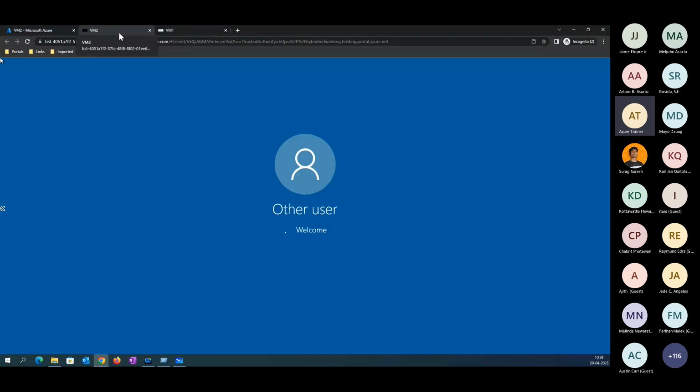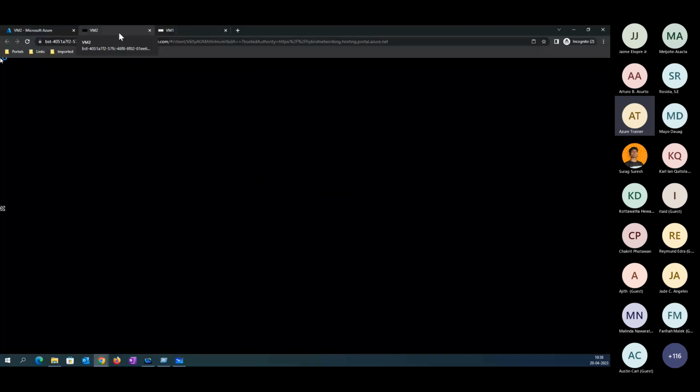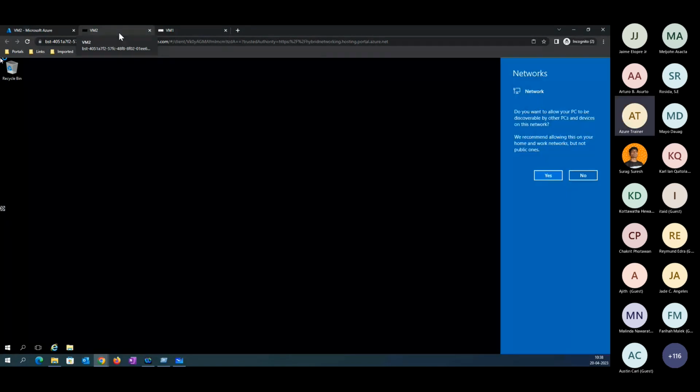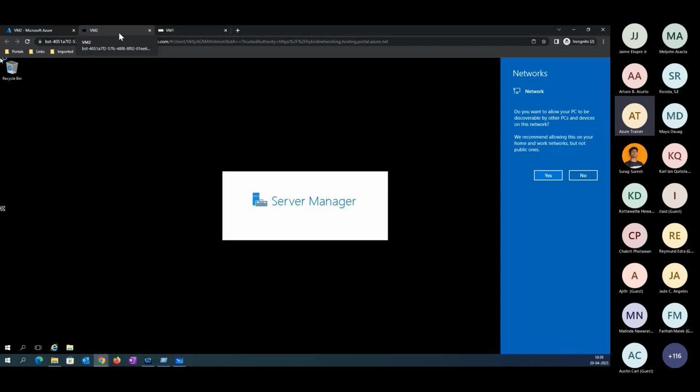Let's wait. You can see it's a browser base. You can connect it here. Now, if you go to the portal here, you may be able to see both the VMs, which have been hosted inside a cloud infrastructure.